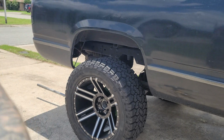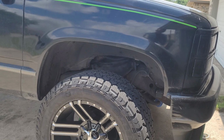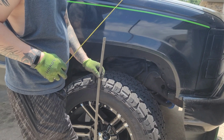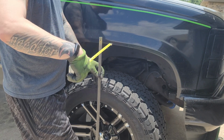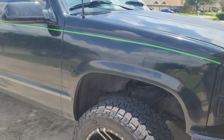And then on your front one, which is the one you're trying to match, same concept. 4 1/4, 4 inches, match. So now we have